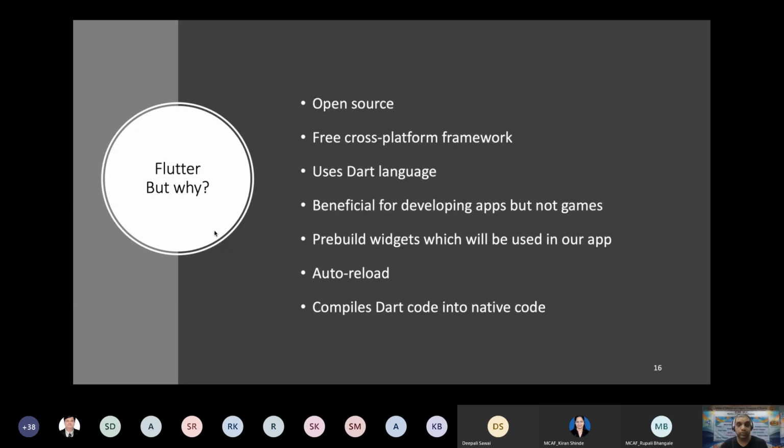There is a view, then there is a container, then we have text boxes, labels, buttons, and all those components are called widgets in Flutter. The best feature of Flutter for a developer is auto reload, also called hot reload, right? We will see what hot reload is, and I will give you a quick demo of